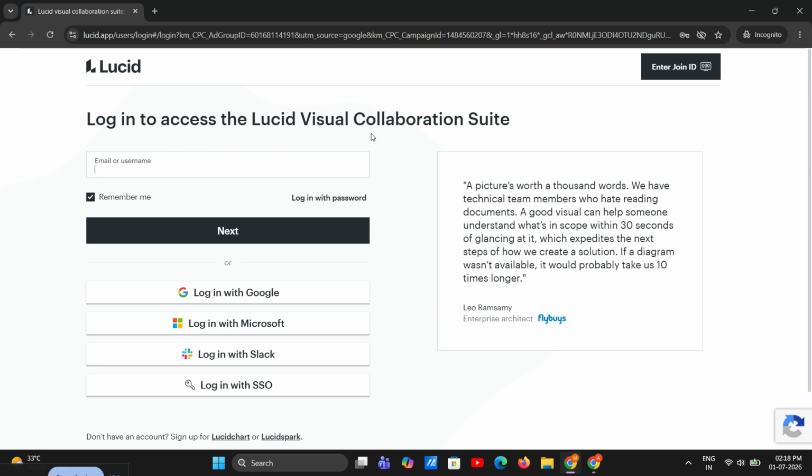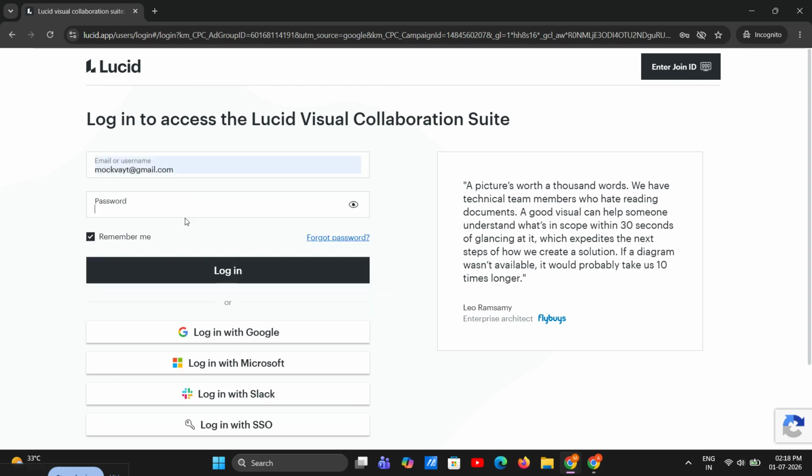After that, Lucidchart will take you to the sign-in page where you can enter your email address and password. Make sure you type everything correctly, especially if you have multiple accounts or use a work email. If you don't want to type your credentials manually, you may also see single sign-on options like Google, Microsoft, or Apple. These are helpful if your Lucid account is connected to one of those services, and they can save you